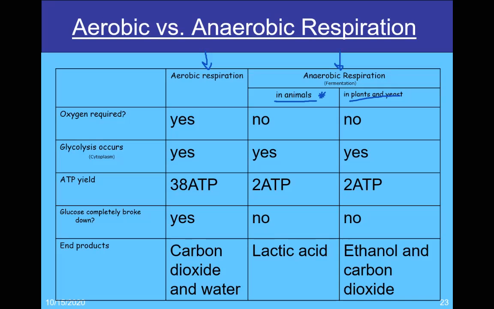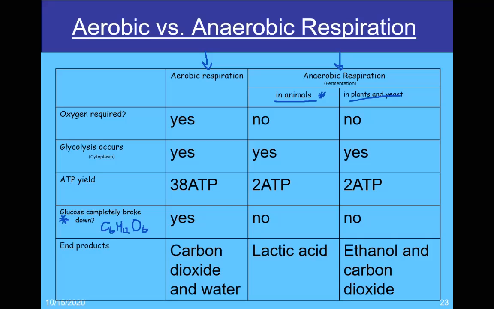Now, this next column I think is valuable to look at. When we start talking about ATP production, is the glucose molecule totally broken down? When we say yes, that means every bond between the carbons is broken, giving us the maximum amount of energy out of that molecule of glucose. Remember that glucose is C6H12O6. That's 6 carbon atoms bonded to each other.